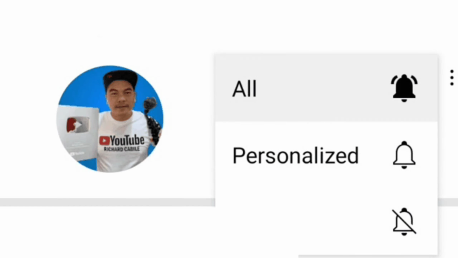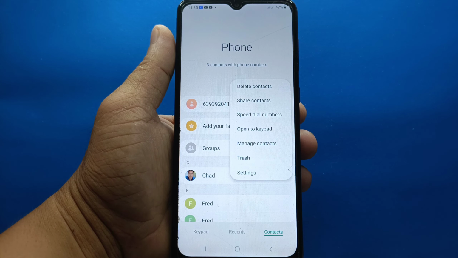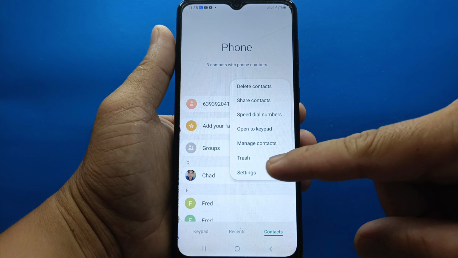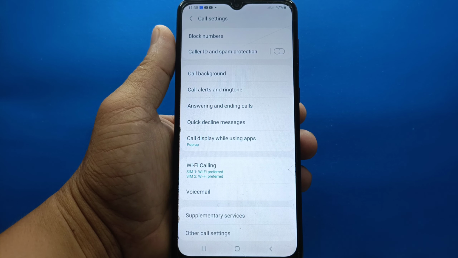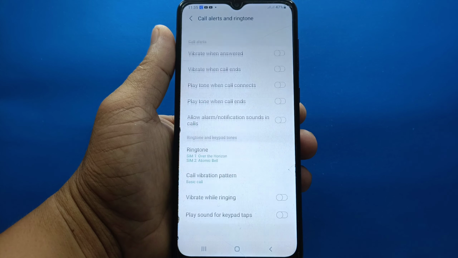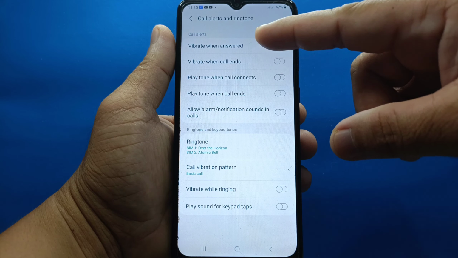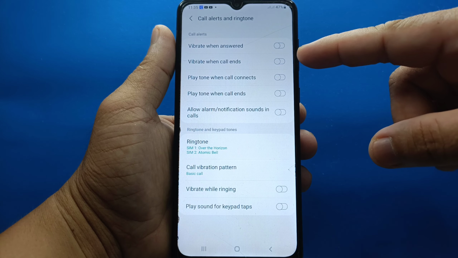Okay guys, let's start. What you'll have to do is go to the Phone application on your Samsung Galaxy A02. Here in Phone, go to the 3 dots on the right side. Tap the 3 dots, and the pop-up bar shows. Go to Settings. Here in Settings, go to Call alerts and ringtone. Tap this. Here in Call alert and ringtone, in the Call alert section, you can see the Vibrate when call